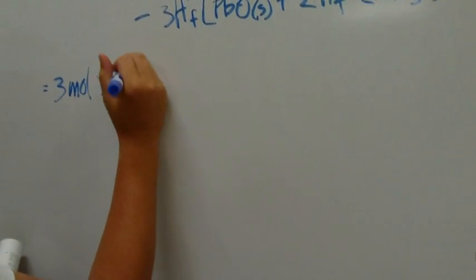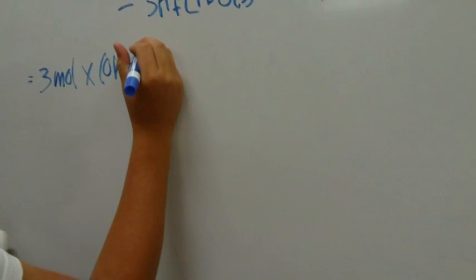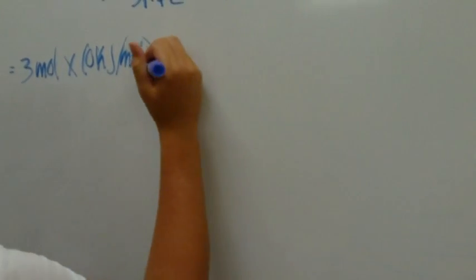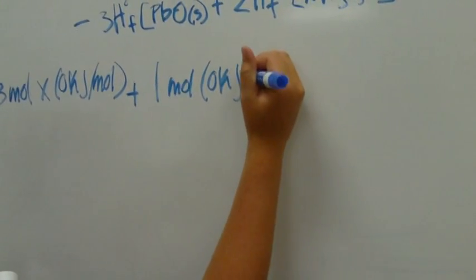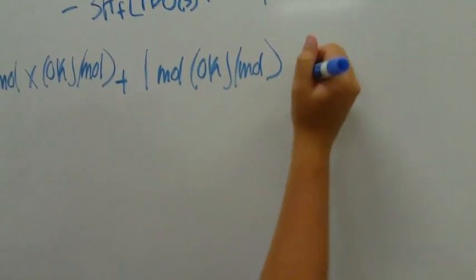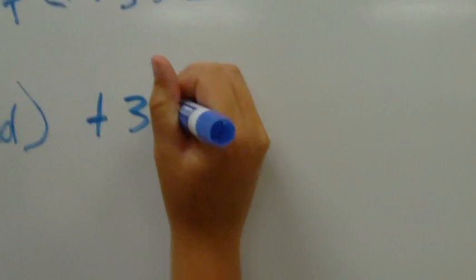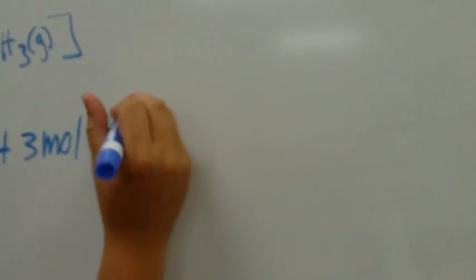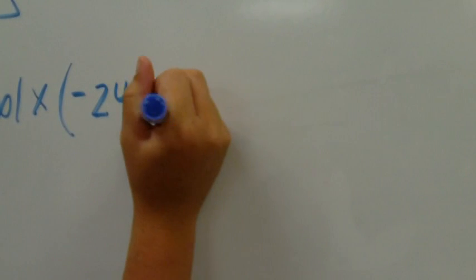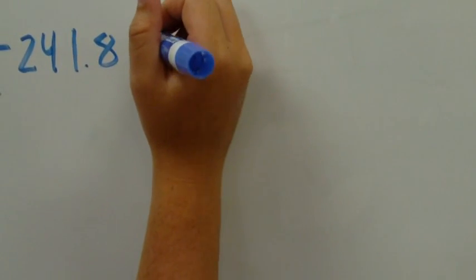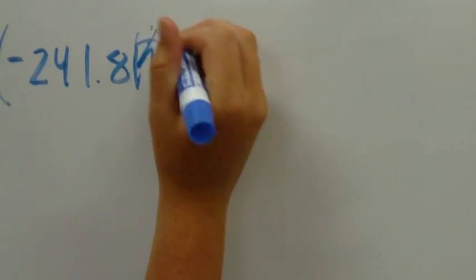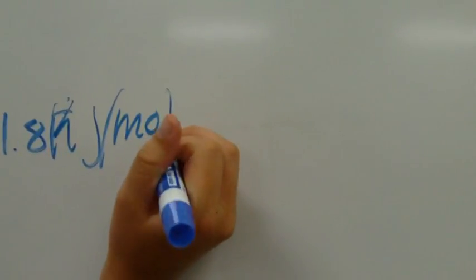Mole times 0 kilojoules per mole plus 1 mole times 0 kilojoules per mole plus 3 moles. This one gets exciting. Times negative 241.8. Again, you can find that in the appendix. Just look it up for H2O in a gas state. Minus